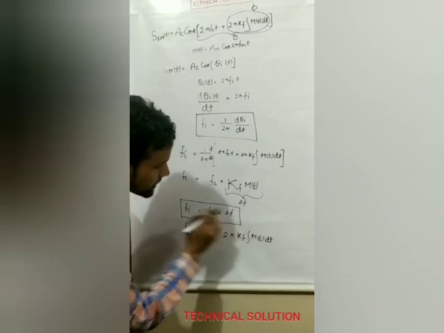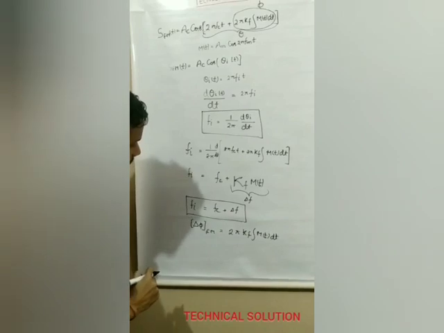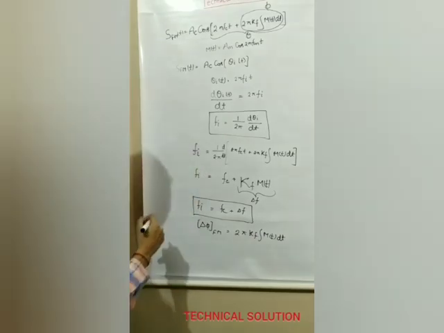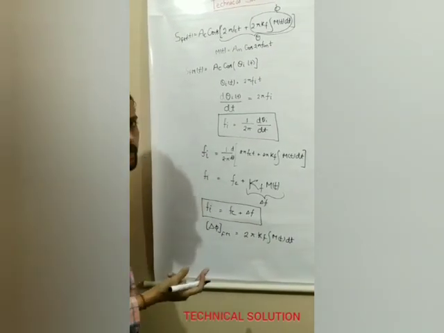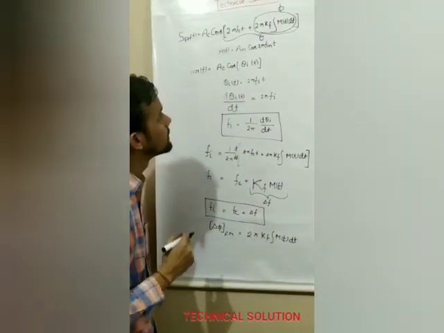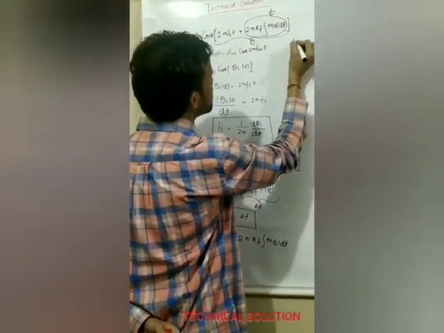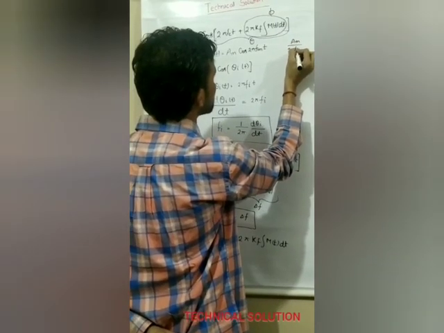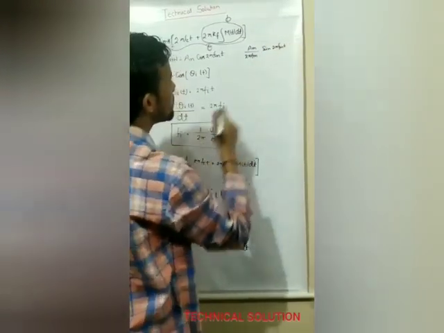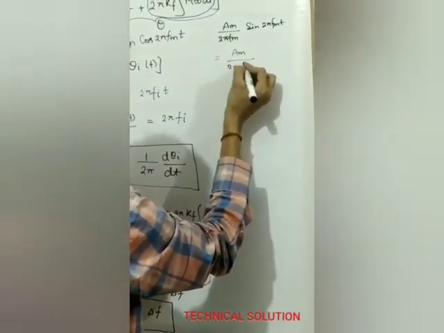If we consider m(t) is Am cos(2π fm t), then what is the maximum phase deviation of a frequency modulation? The maximum value of cos or sin is 1, and if we integrate Am cos(2π fm t), we get Am divided by 2π fm times sin(2π fm t). What is the maximum value of this? The maximum value is Am over 2π fm.